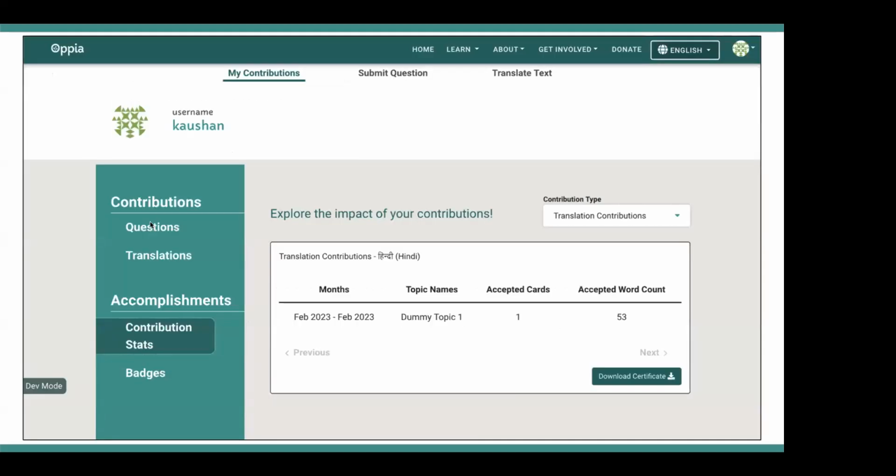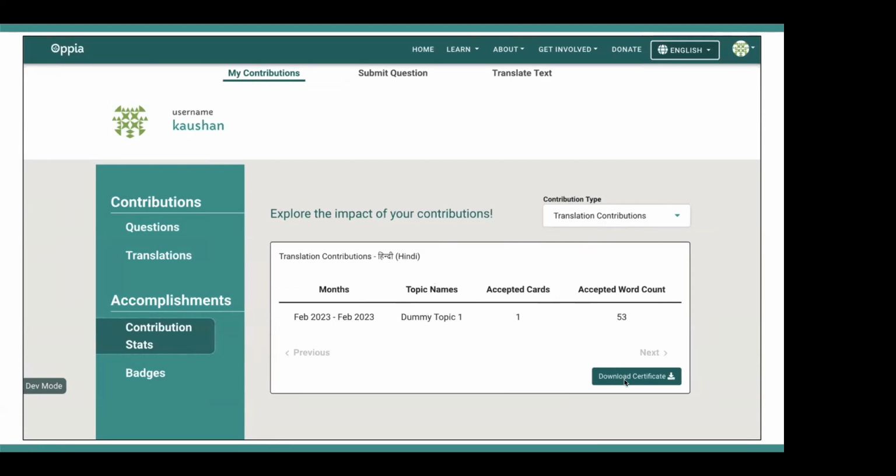So as you can see, this is the accomplishment tab that I created as part of my GSoC project. Contributors can select the contribution type, whether translation contributions, translation reviews, question contributions, or question reviews, and they can see their stats over here.